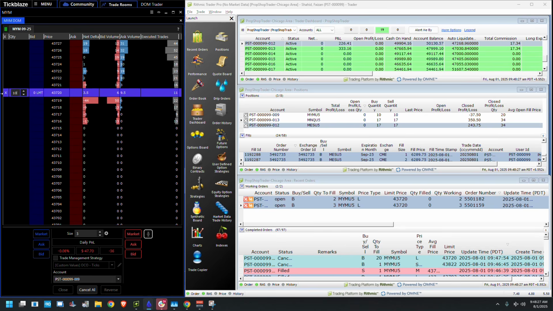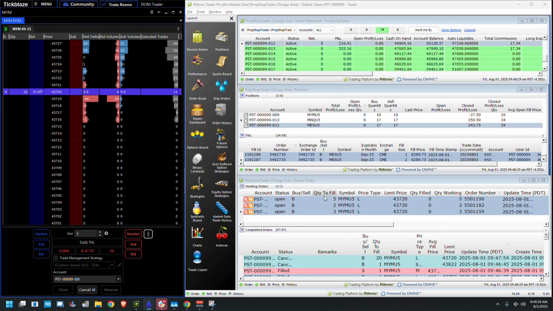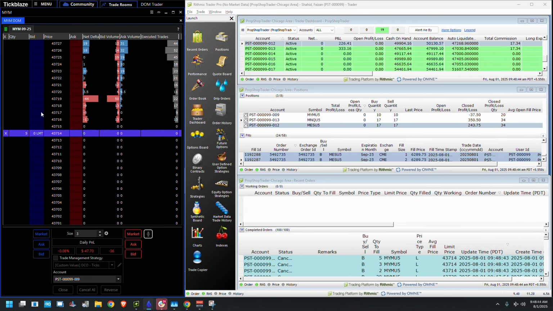Let's say I make this now a 10 lot. We're going to get an additional pending 5 lot. So we have a 3, a 2, and a 5. Now in the dome, we just see the single order, and I can move it around as a single unified order, and it behaves like it's a single order. But in Rhythmic, they are individual separate orders. I never find I have any need for this feature,